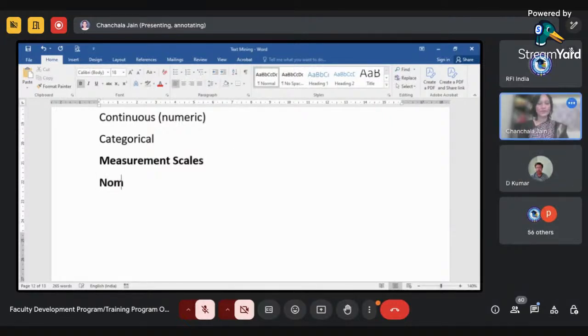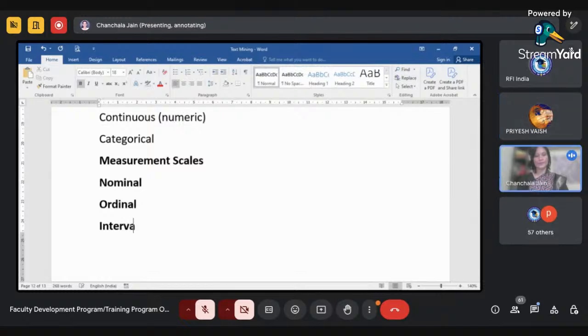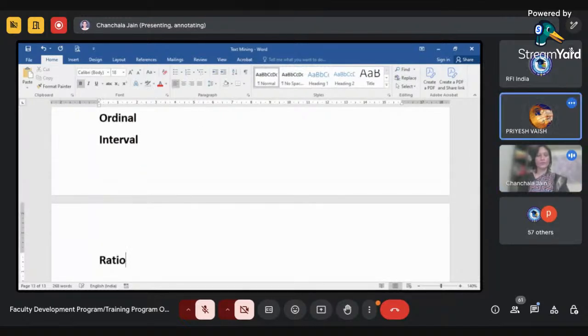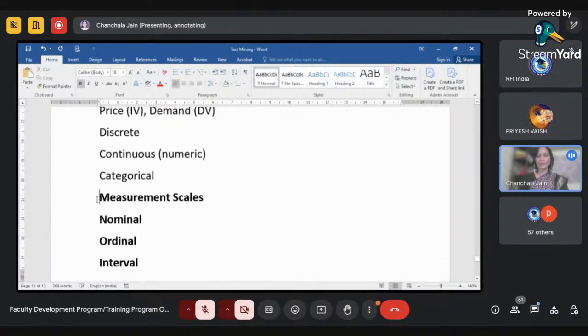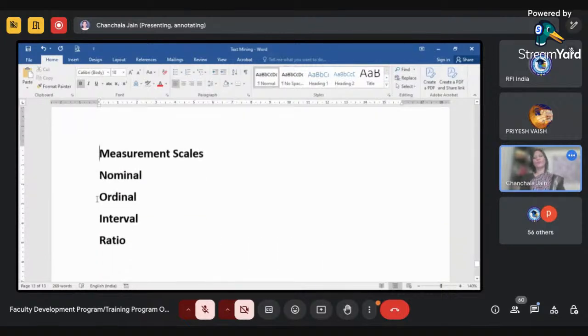Good. So it is nominal, ordinal, interval, and ratio. I'll take this to the next page so it is clearly visible to you. Measurement scales can be classified into four categories: nominal, ordinal, interval, and ratio. Firstly, we will understand the concept of measurement scales. I am telling you all these things because in SPSS we need to understand all of them, so that is why I am discussing them beforehand.